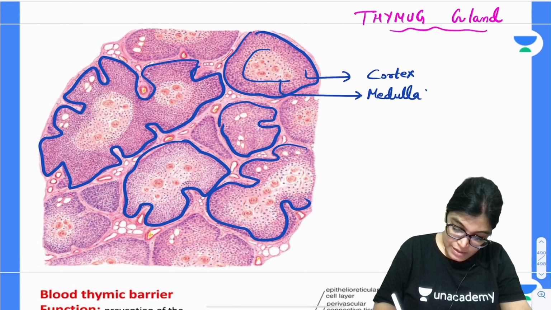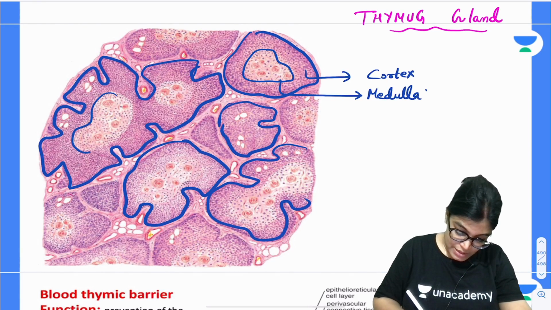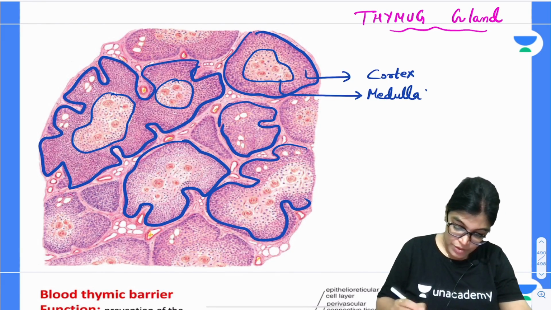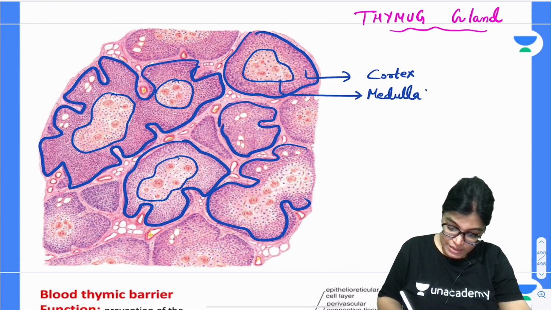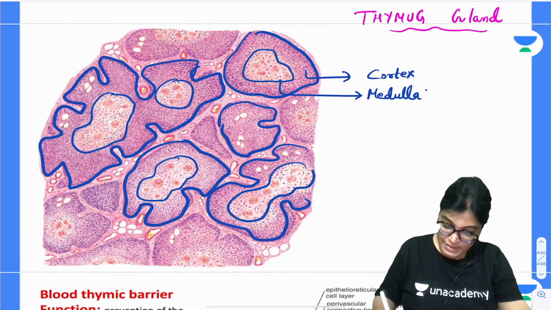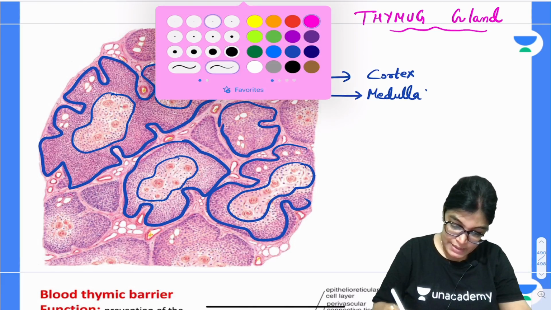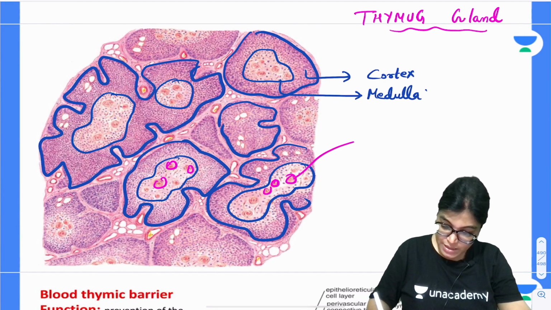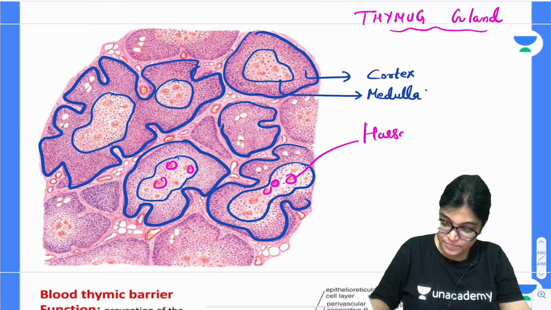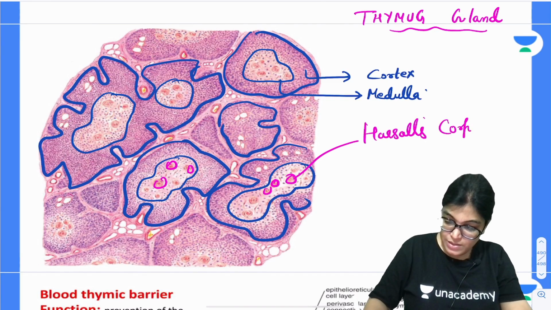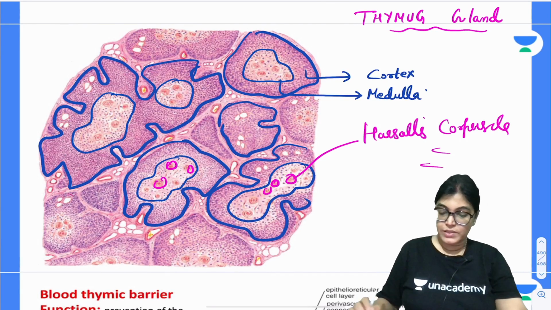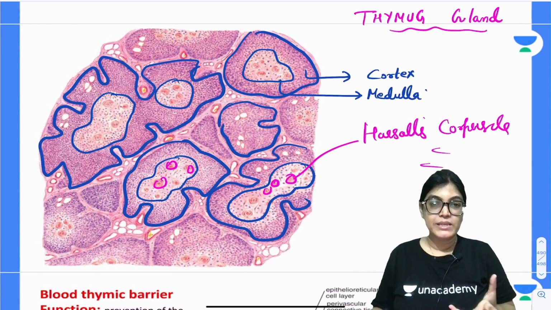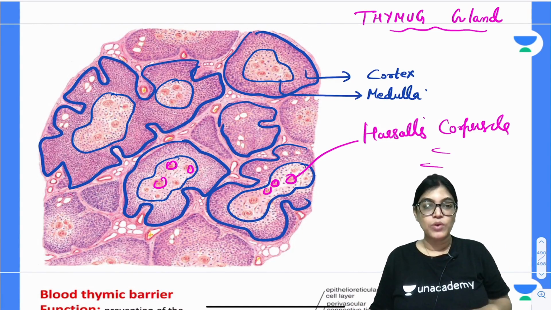This is the lighter stained part of the medulla which you are seeing, which is containing the Hassall's corpuscles. It contains the characteristic feature for identity. So many Hassall's corpuscles are there. The epithelio-reticular cells will be residing here, and these are all important points for identification of